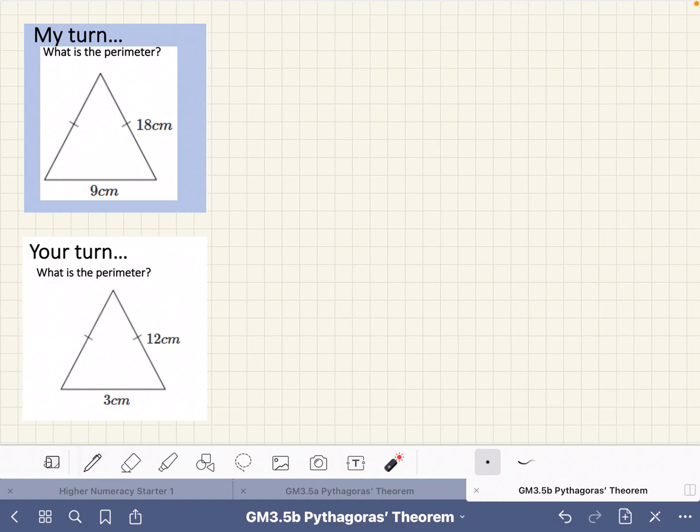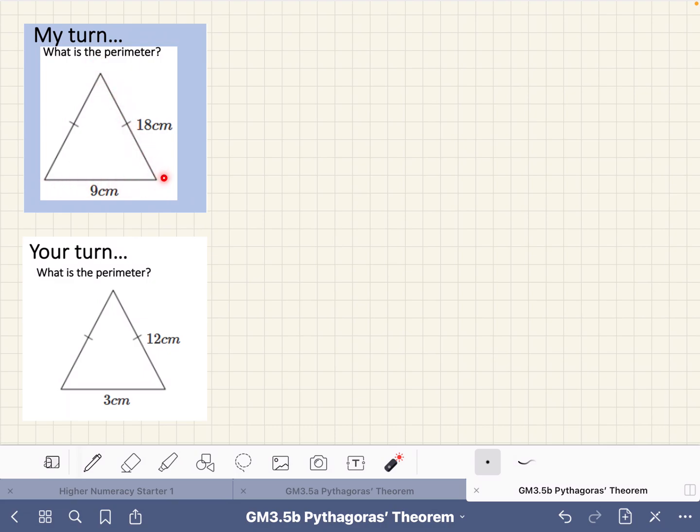In this video, we are going to look at finding the perimeter of an isosceles triangle. Now, first example is to remind ourselves about what perimeter is and about the properties of an isosceles triangle. In the my turn question, we can see that we have an isosceles triangle with a base of 9 centimetres